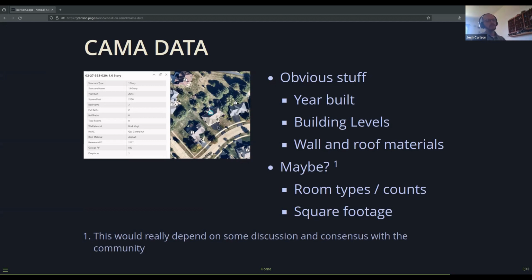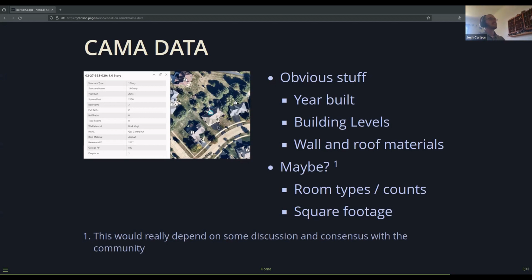So we want to take the CAMA data and conflate that with the building footprints to get that information into the map. And then we have this wild idea. It'll probably never work until a lot of township assessors retire or they dissolve townships entirely. But if you had to see the software that they're using to track this stuff internally, it's a nightmare, and an expensive nightmare.